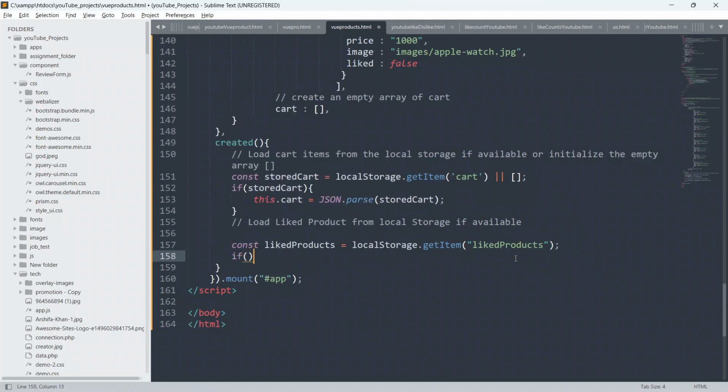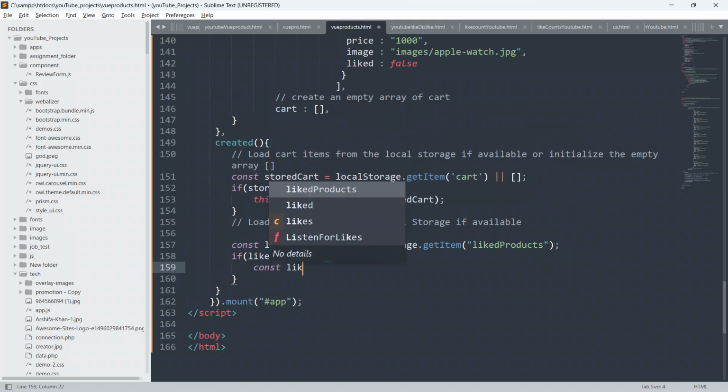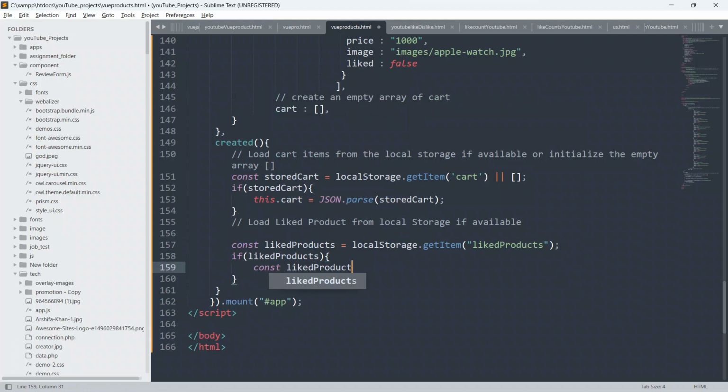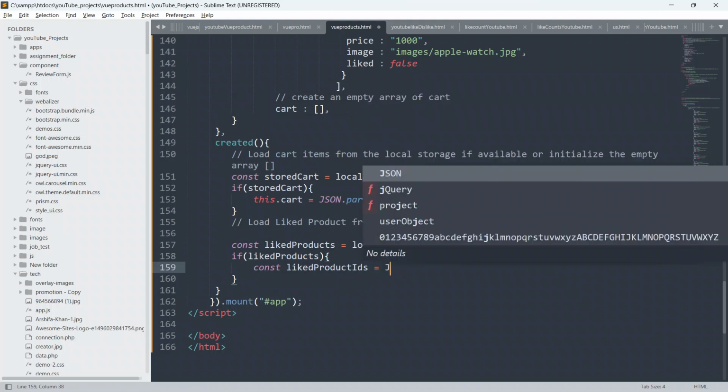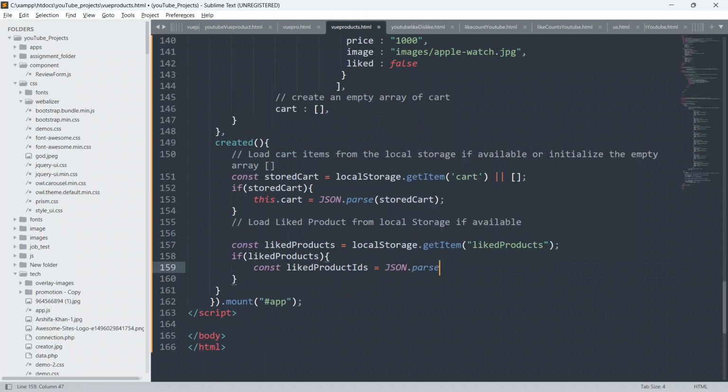If this liked products exists, then what we will do is create a const likedProductIds equal to JSON dot parse of this liked products.